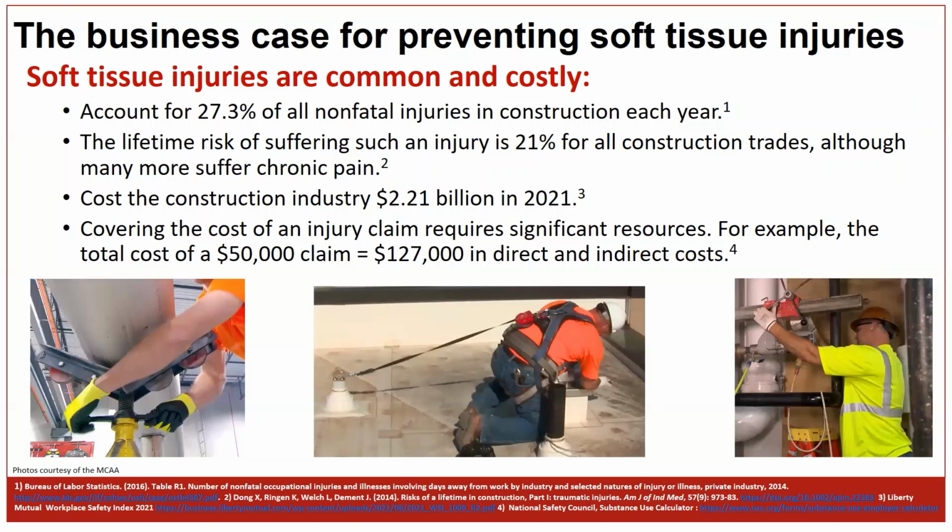Since soft tissue injuries are relatively common, it is not surprising that they are also costly. Soft tissue injuries have been reported to cost the U.S. construction industry billions of dollars each year. In 2021 alone, these injuries cost the industry $2.21 billion, according to Liberty Mutual's Workplace Safety Index. If we look at one example, a single injury claim for $50,000 can actually cost an employer $127,000 and require an employer with a 5% profit margin to generate an additional $2.5 million to cover the cost